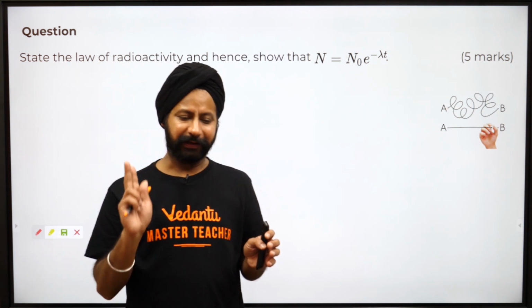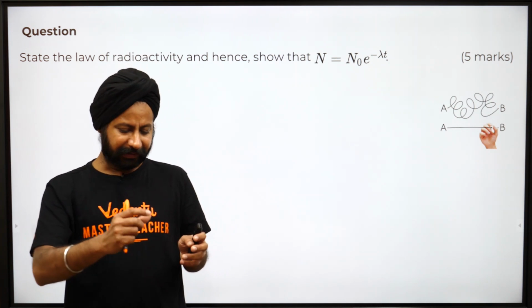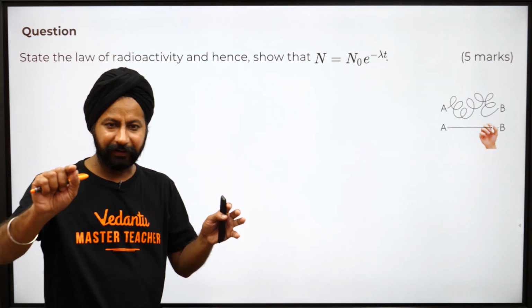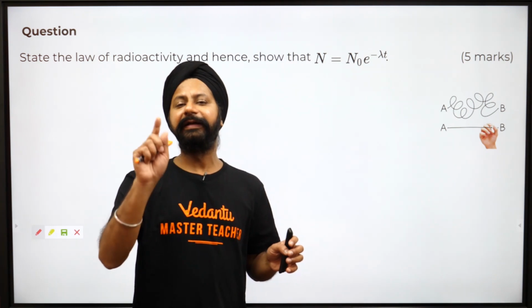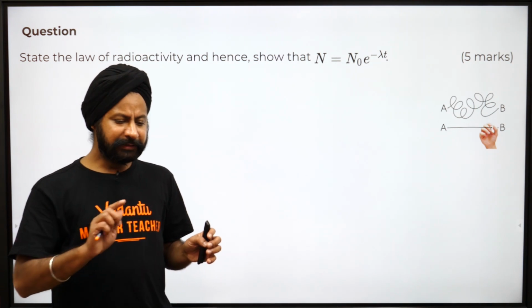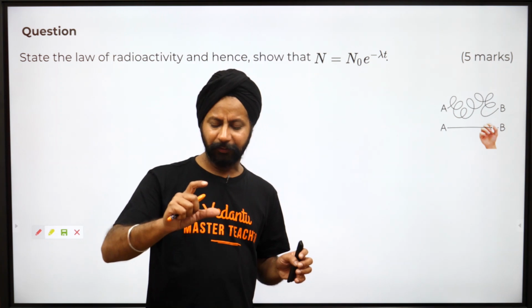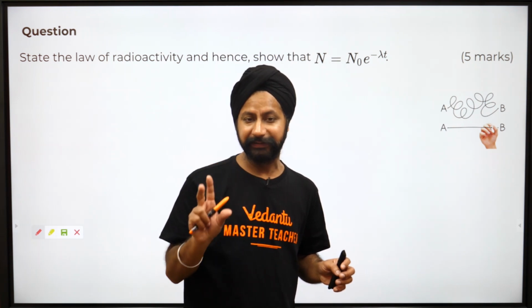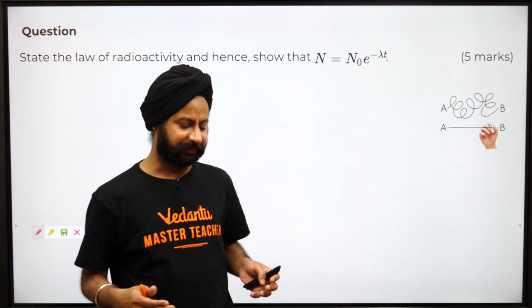That's called the activity. Activity means how many, I have supernatural powers. I can observe that and I can say, oh, a beta particle came, oh, an alpha particle came. They are disintegrating. So when they are disintegrating, I can see that okay, this was carbon, now it is no longer carbon, it has converted into something else. I can see that, somehow I have that capability.